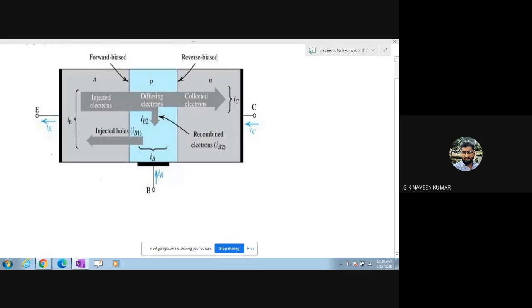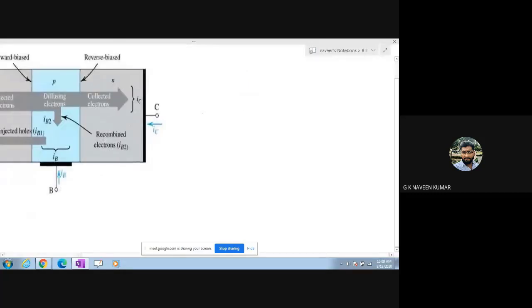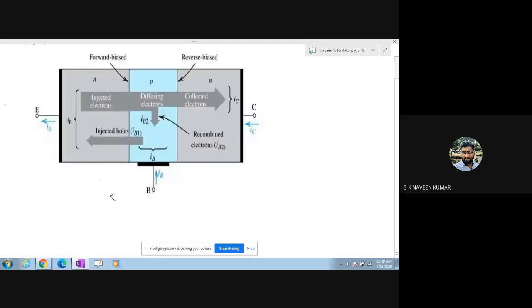So coming to the point, you can see the transistor block diagram. Here, this is your transistor block diagram. So we have emitter, base, as well as collector. First, what we studied in the last class is that when the transistor or BJT acts in the active region, then only it will act as an amplifier.